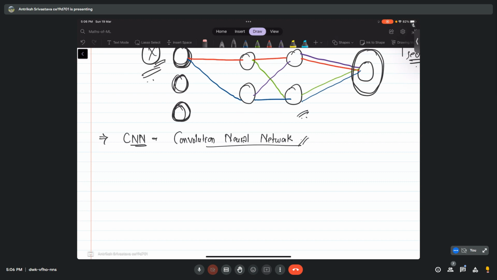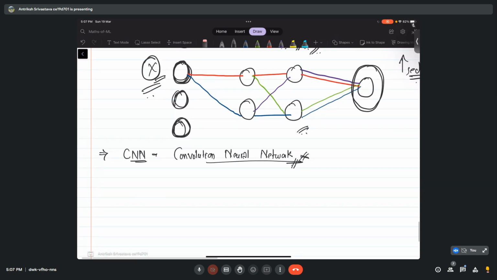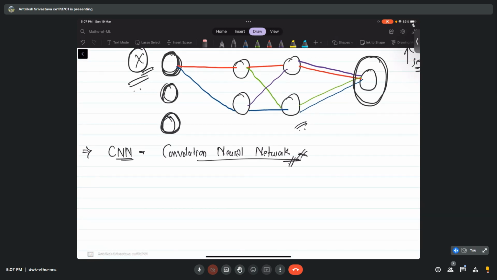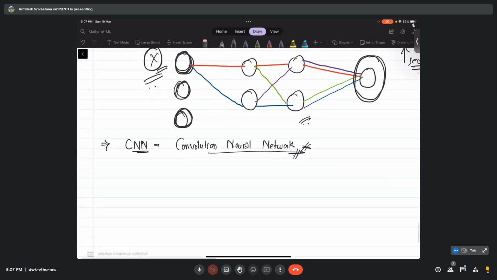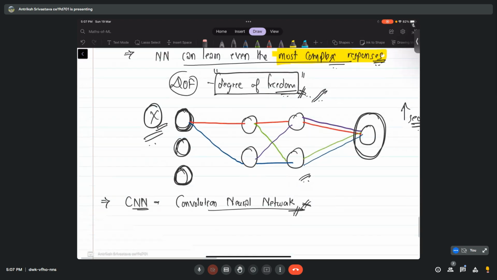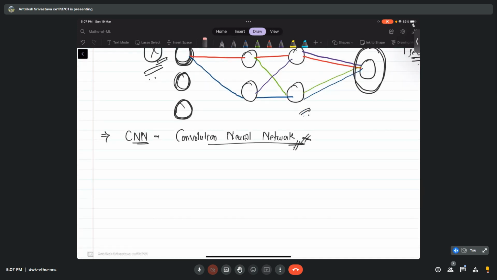network. We won't be able to do any programming assignments or exercises related to ANN and CNN, because the time it takes for training these models is a lot. If I try to do those examples in the class, we won't be able to cover the problems. So if you want to see some programming examples, you can just Google or search YouTube, and you will be able to see a lot of worked out examples in Python and all.